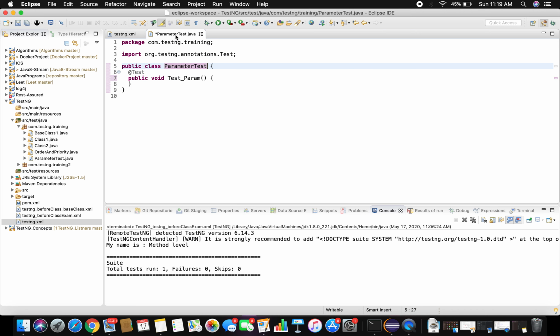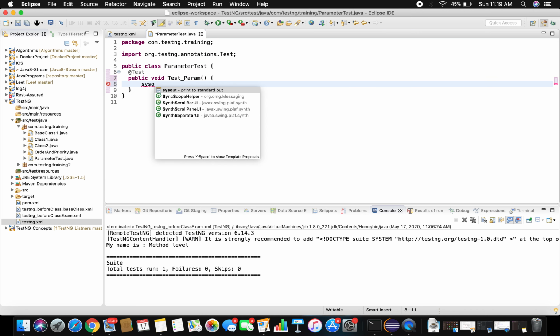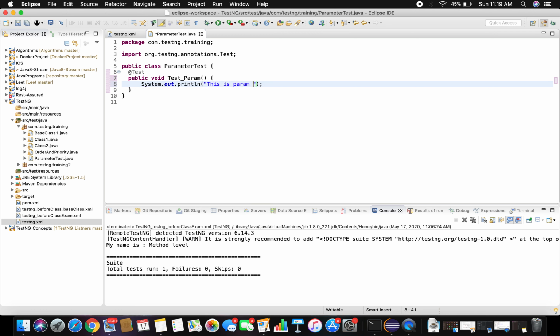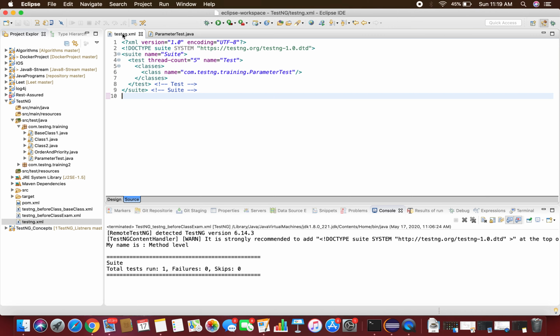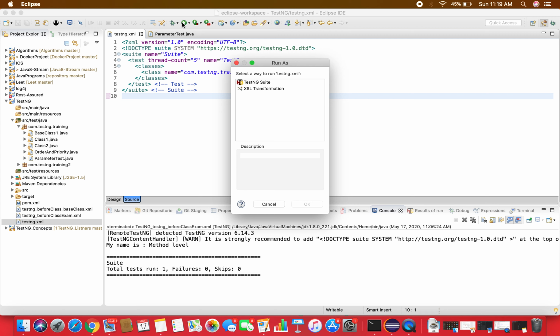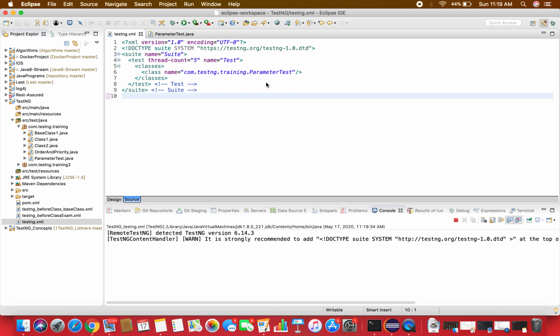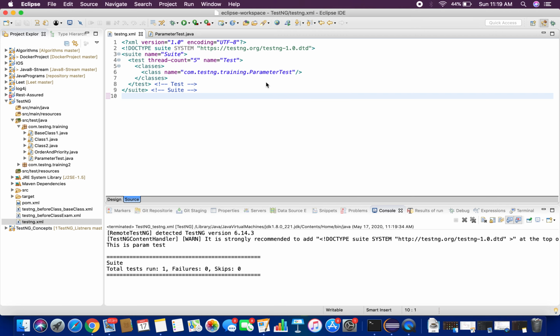Okay, this is my XML. Let's run this and see. Okay, this is working. Now let's parameterize.